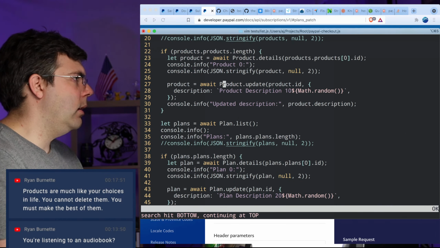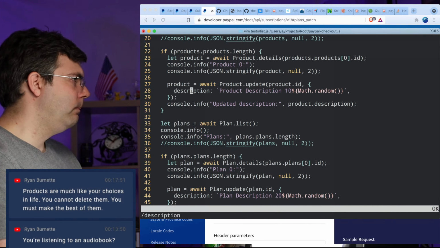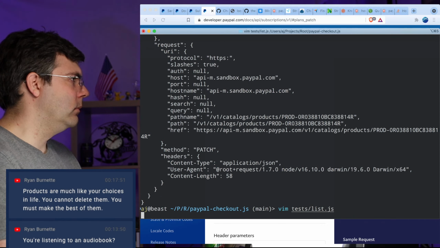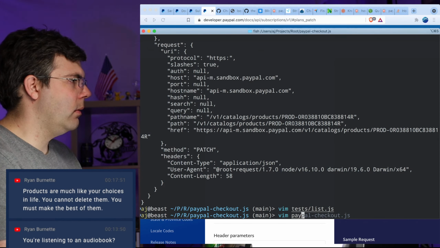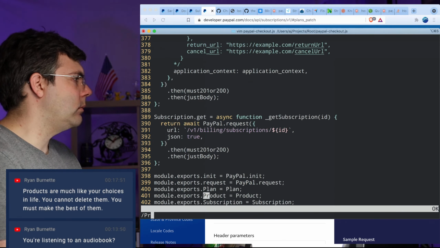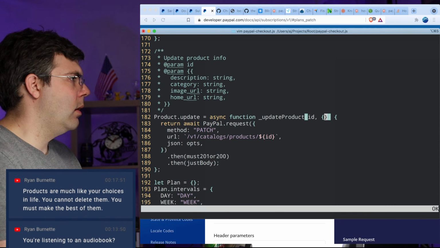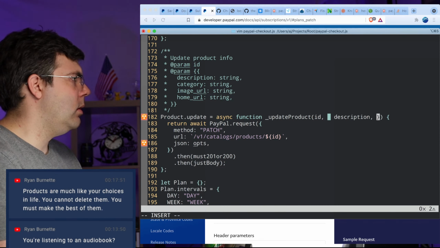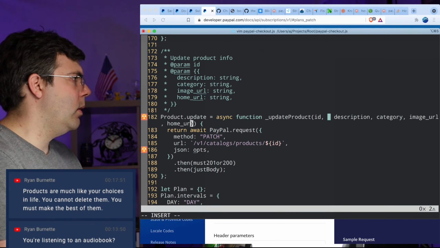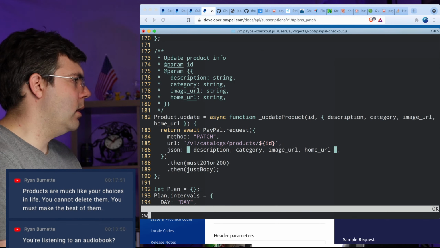Let's see, product.update description. Seems like that should work. Catalog product, description, category, image URL, home URL, and then just plop that right here.